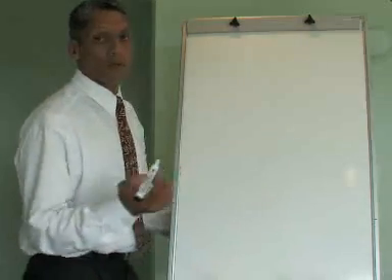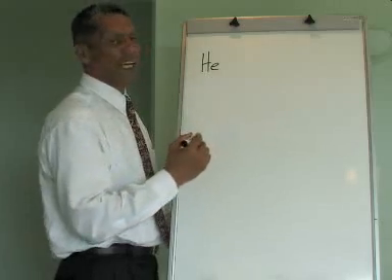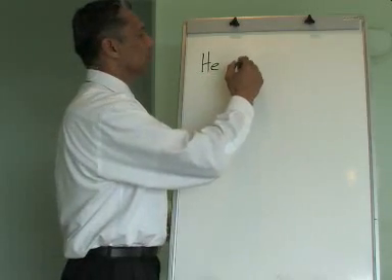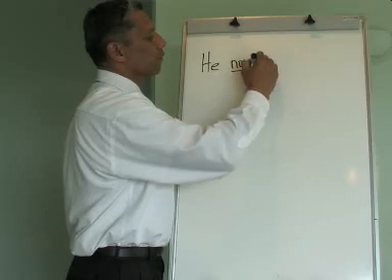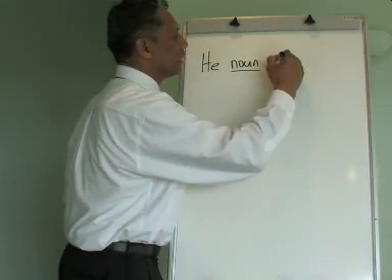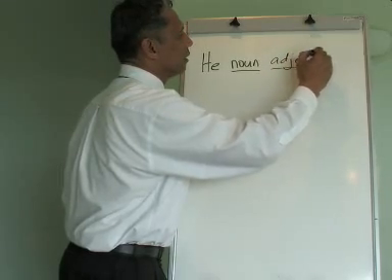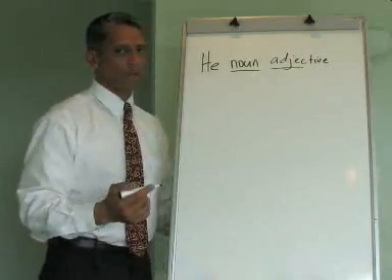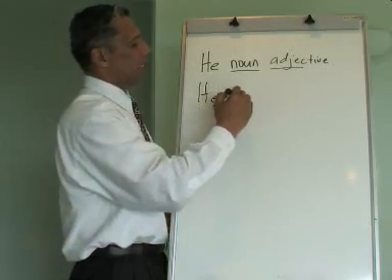In this session we're looking at using the article "he" and then a noun, which is a naming word, and then an adjective, or a describing word. So if I was going to say "he